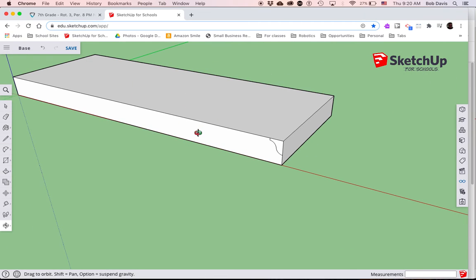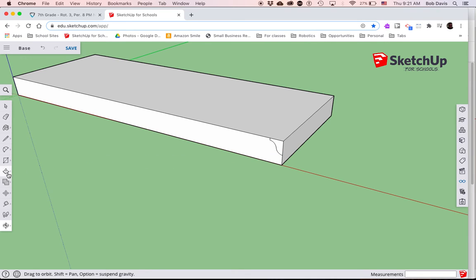So again, zooming is a matter of taking your two fingers on your trackpad. Don't push the trackpad. Just move your fingers forward and back, not in and out like on your phones. It's not like a pinch to zoom type of thing. No, on a computer, it's two fingers on the trackpad. Move your fingers up and down to zoom in and out. Okay. Now, this